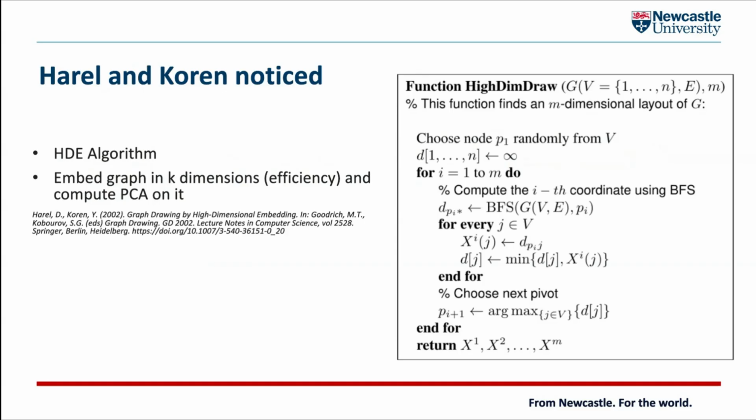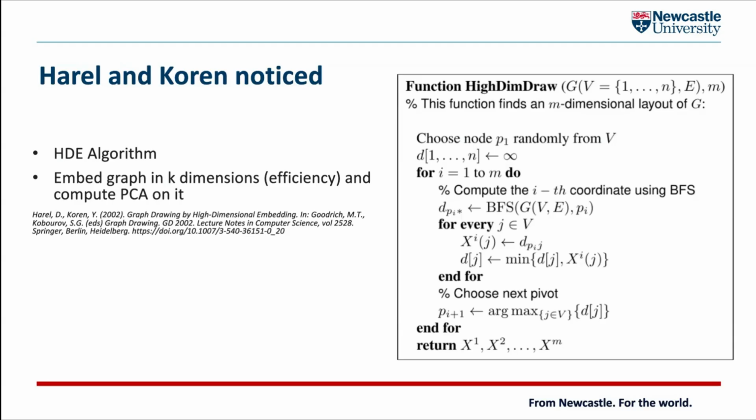So what it does is, computing a shortest path distance matrix is expensive, right? So we're going to take around, I don't know, 50-ish pivots. The first one's random. And then we're going to compute the shortest path distance between that vertex and everything else. And then we're going to take the vertex that's furthest away in terms of shortest path distances, and we're going to repeat the procedure. And then the furthest away, and repeat the procedure until we hit 50. Okay? So now we have an n by k matrix, which we can turn into a square matrix by multiplying